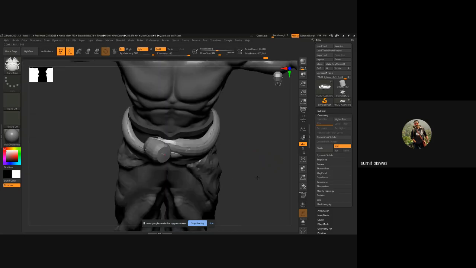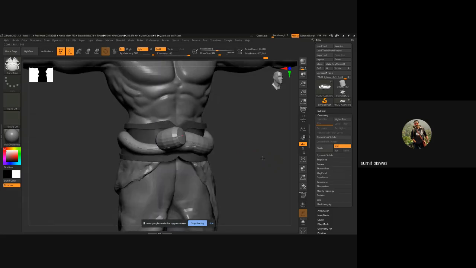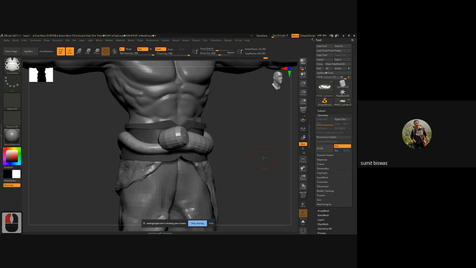This is just for the blocking. Keep that in mind. This is not your final shape, and this is not something you're going to have in the final, so you have to modify it. This is just for the basic structure. Suppose you start with any modeling, like box modeling, like car modeling. You start with a box, right? Exact same thing. You have a basic tube, and on top of that, you're going to sculpt it.